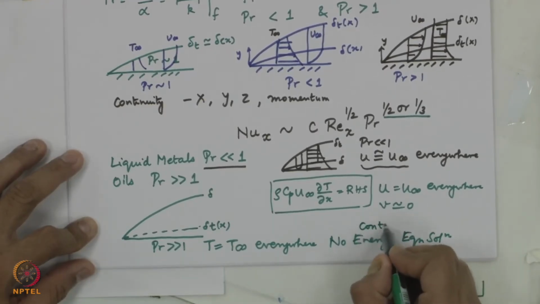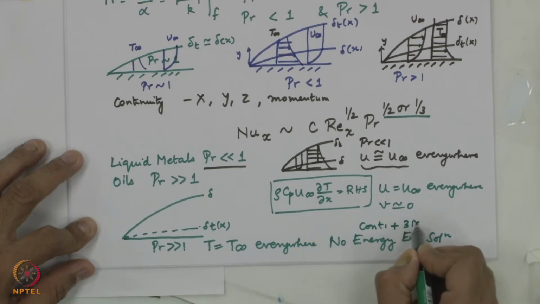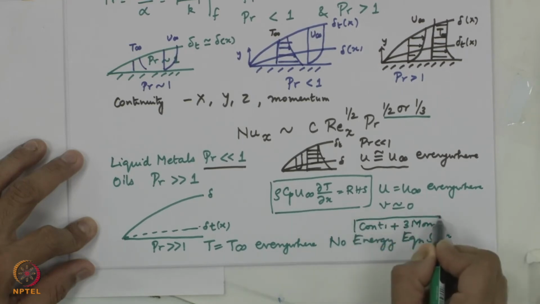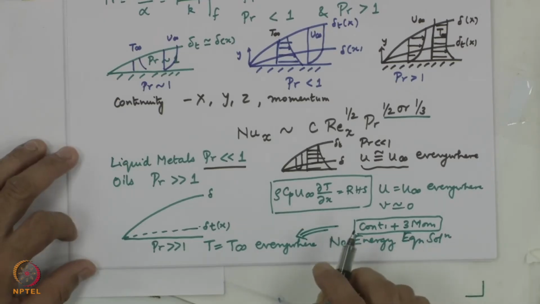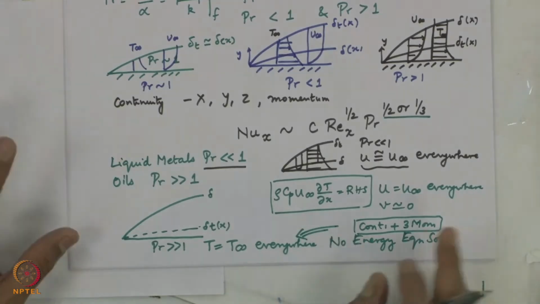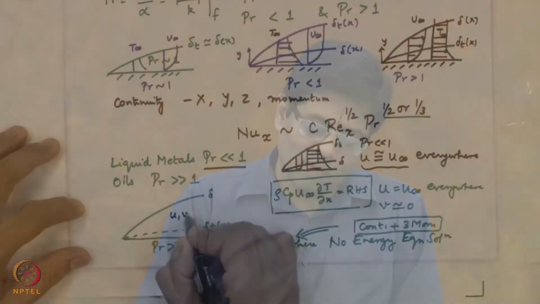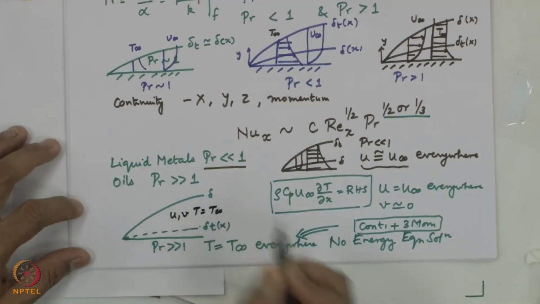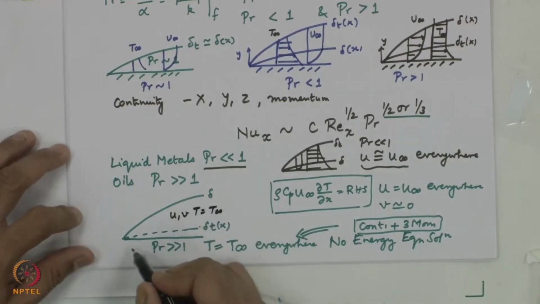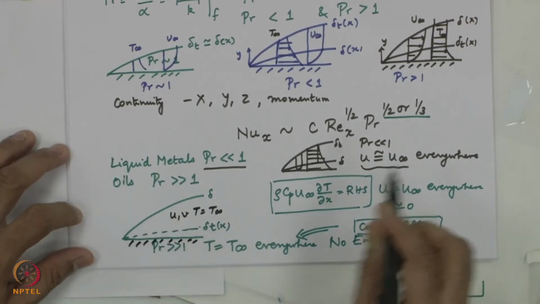So, continuity plus three momentum equations you have to solve in this case. So, the thermal problem is completely simplified. You do not have much to do with the energy equation. You just have to solve for u comma v in this part. This T is equal to T infinity everywhere will work. So, such simplifications will